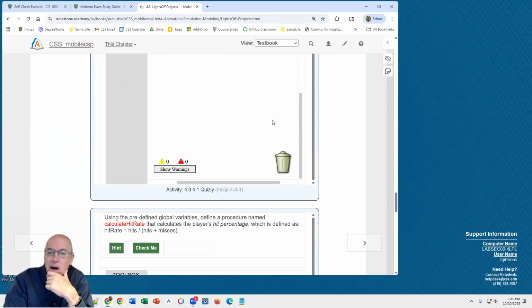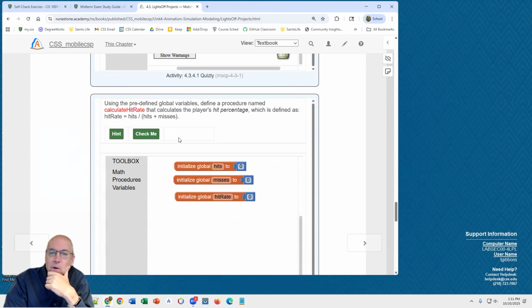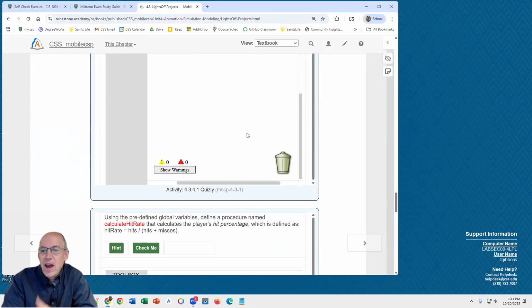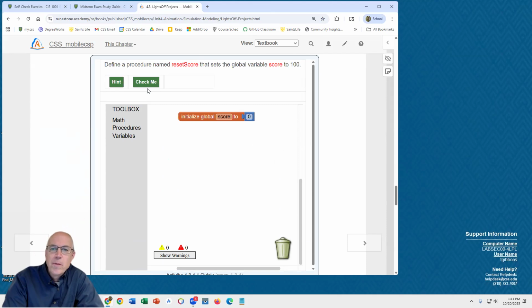Now, if you've done some of these before, one problem it has is that it doesn't necessarily remember if you've done these code ones before. So like define a procedure named reset score that sets the global variable score to 100. So if I do that,